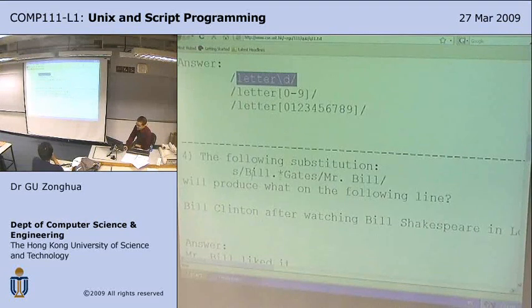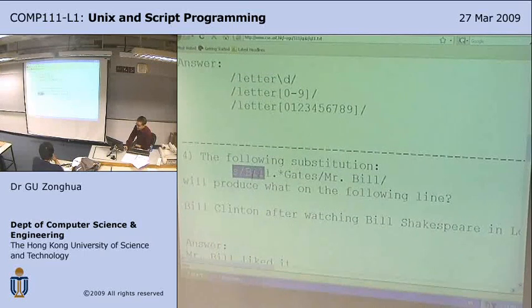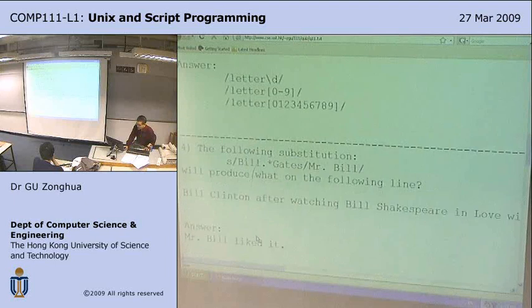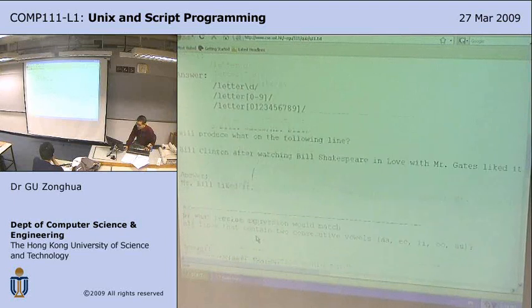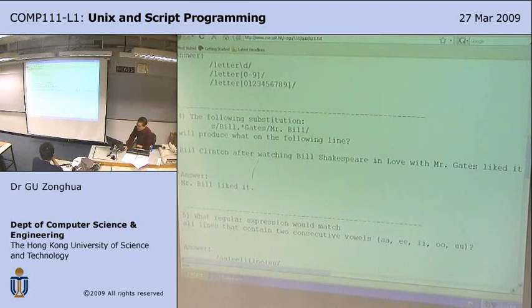So this substitution, you are looking for Bill followed by any number of any character followed by Gates, and substitute it with Mr. Bill. And you don't have a g after the /, therefore you're substituting the first occurrence of the first pattern. So you have the line here: Bill Clinton, after watching Bill Shakespeare in love with Mr. Biggs, is just garbage. So the key here is that